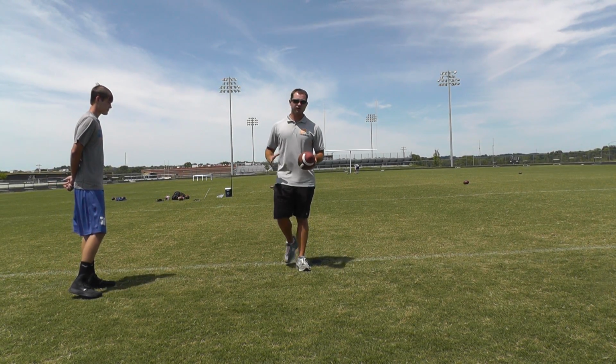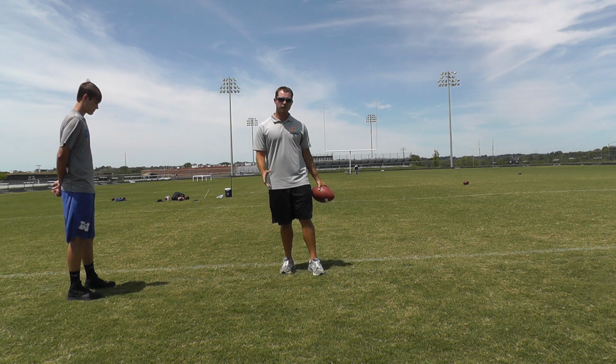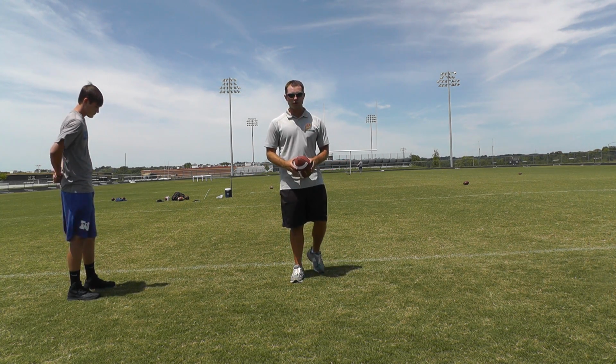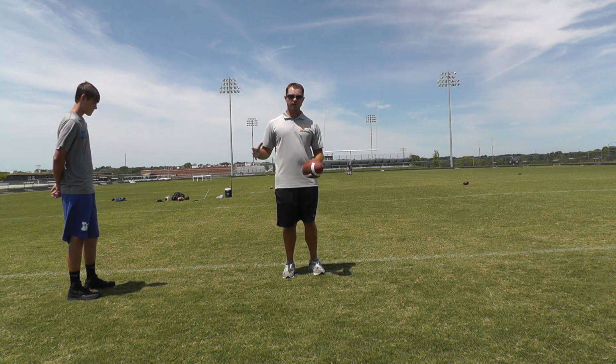Okay, so today we're going to talk about holding. There is a technique to holding, and as a field goal kicker, you've got to have a consistent holder that has the ball on the spot. No matter whether you're a senior or a freshman, I believe that you should definitely use some sort of block